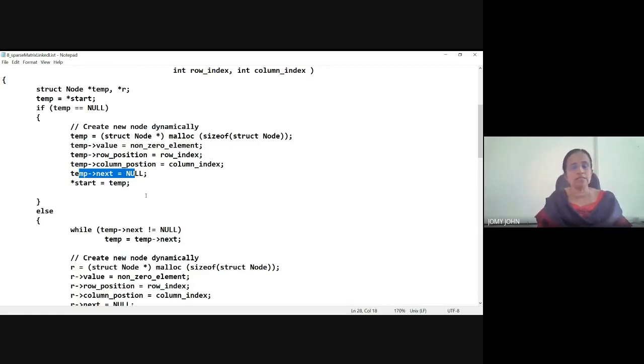See, if you have a list, if it is a singly linked, we are going to create a single list. This is the same program which you have learned for creating a linked list. Okay, same program. The difference is only in the number of elements in the structure. In the case of the single linked list which you have learned, we have stored only one element. Here we need to store three elements: i value, j value, as well as the value of this sparse. That's the only difference. Initial case, we create a node and store the elements. Otherwise, we have to traverse.